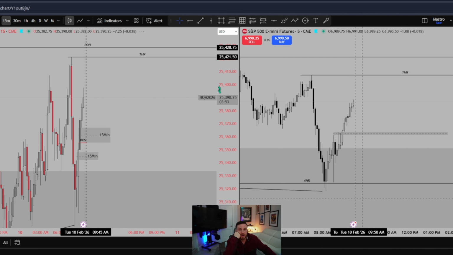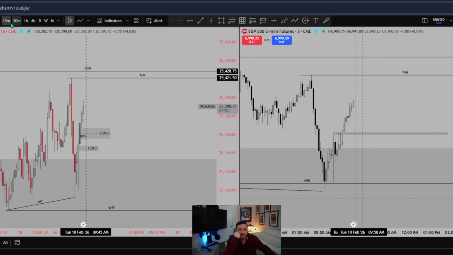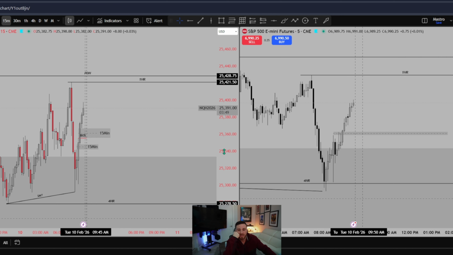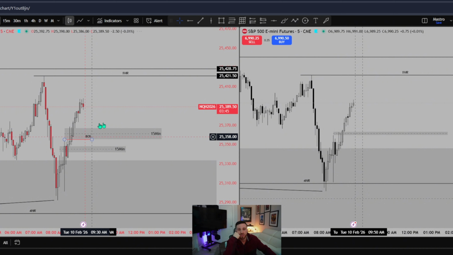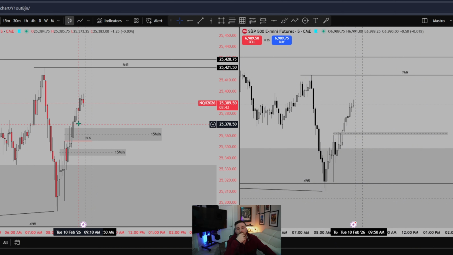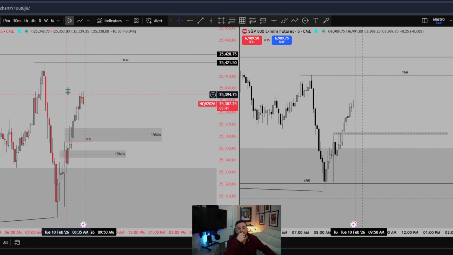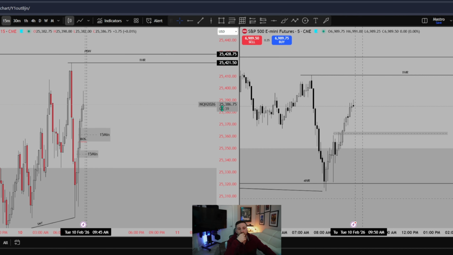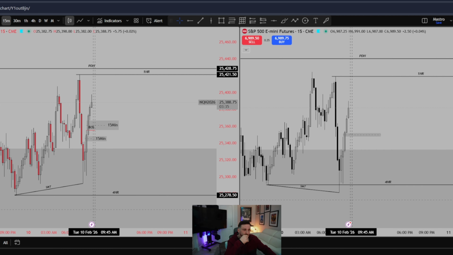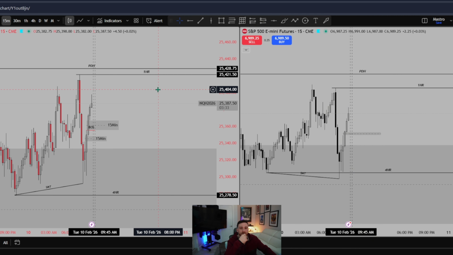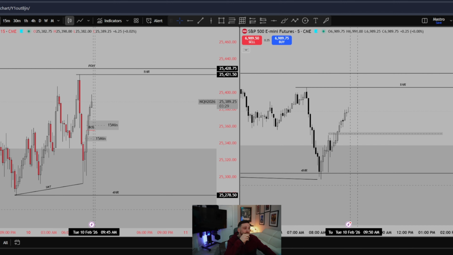But overall, I'm very bullish at the moment, and I liked how we formed a 1 minute SMT, an hourly SMT off of a 4 hour low in a 4 hour bullish fair value gap. We broke structure on the 5 minute time frame. That was my entry off of that. But again, we did form two 15-minute fair value gaps, so that's what I'm going to be looking for on my Apex accounts, my funded accounts, to see if we want to retrace into these 15-minute fair value gaps on market open, and then continue the uptrend.